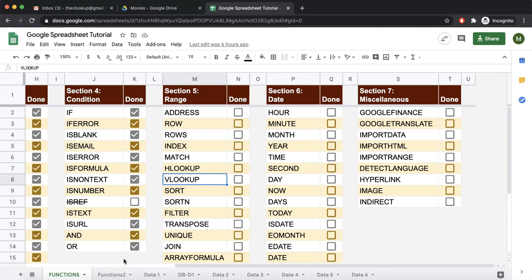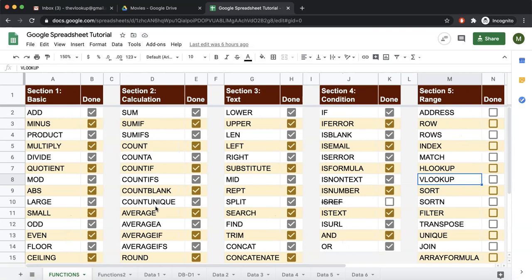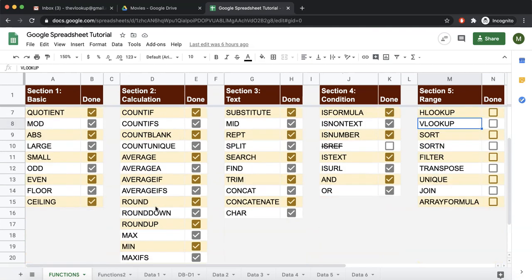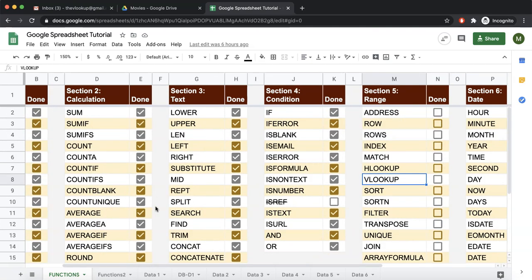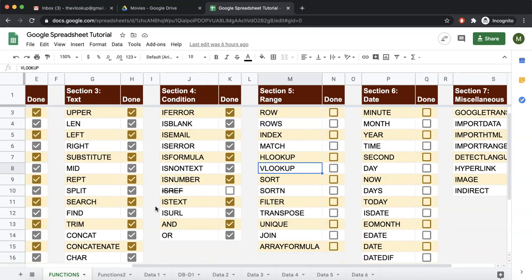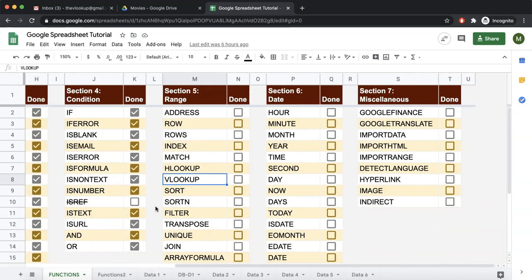By the way, I think we have not discussed that 90% of the functions in Excel and Google Sheets are the same. So if you know Excel, you would have realized by now that most of the functions are the same. There are a few functions which are not present in Excel but are present in Google Sheets. Out of the ones that we have done so far, I think all of them are also present in Excel. There are a few functions which are not there, which we'll be doing.